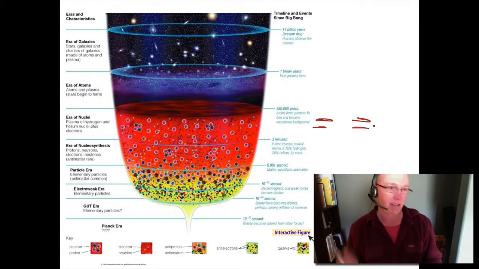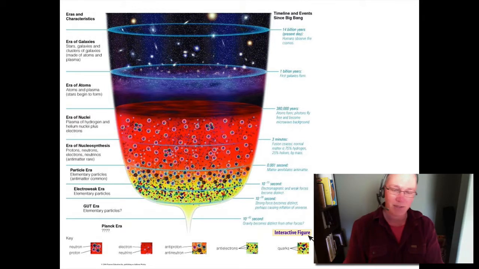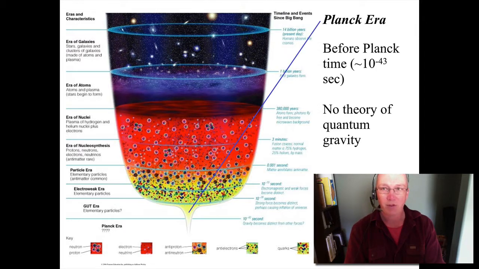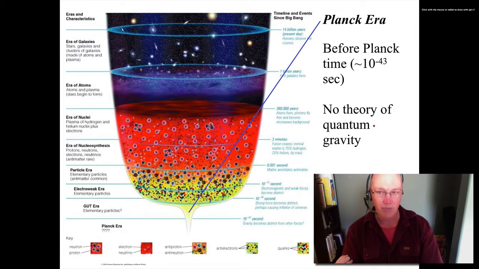Okay, so this is a picture, and they've got a diagram similar to this in your book. You can go through the details of all these different steps. I just want to point out some of the key ones and talk about where things come from as a function of time in the universe. So let's first look at something called the Planck Era. And the Planck Era, this was, again, 10 to the minus 43 seconds after the Big Bang. This is the area where we don't know what's really happening.